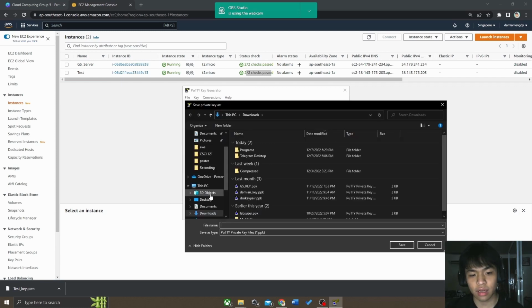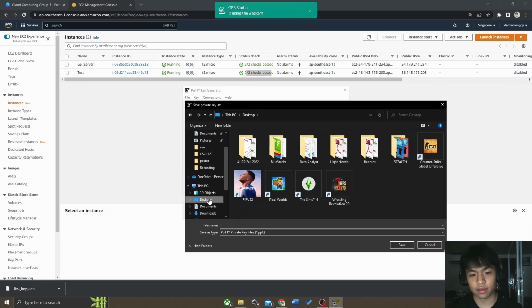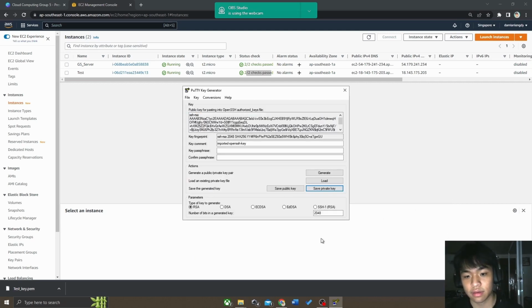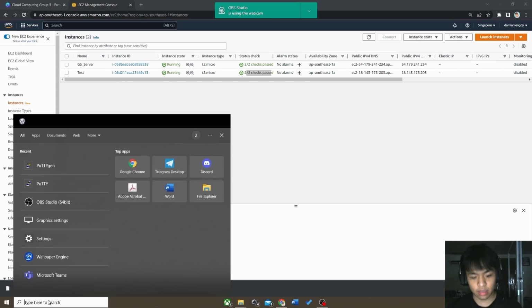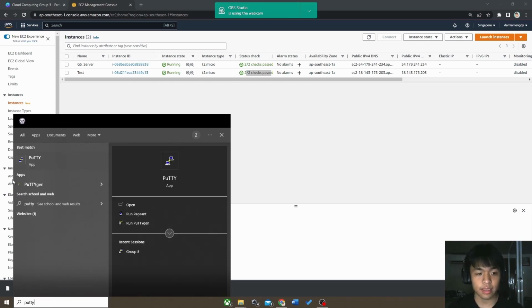So this one, we'll call it private key test, and click on save. After that, your private key is now saved. So after you finish saving your private key, go to Putty. So click on Putty,